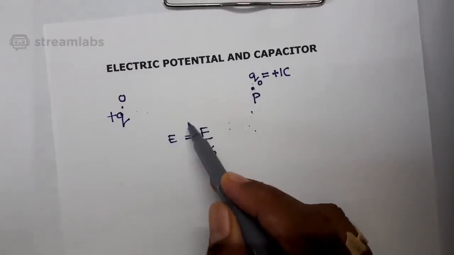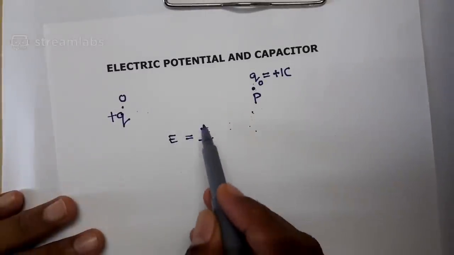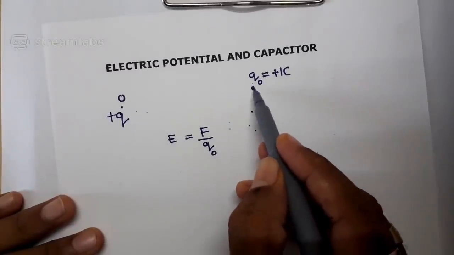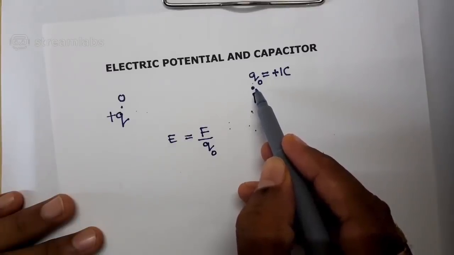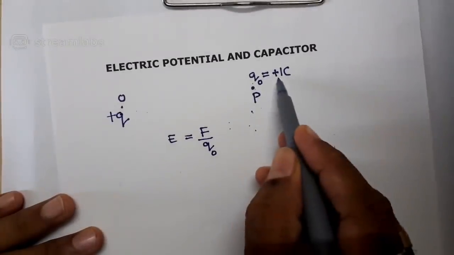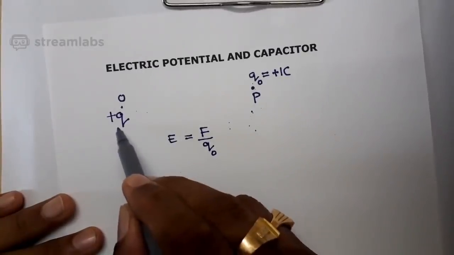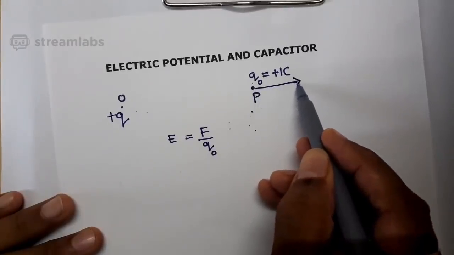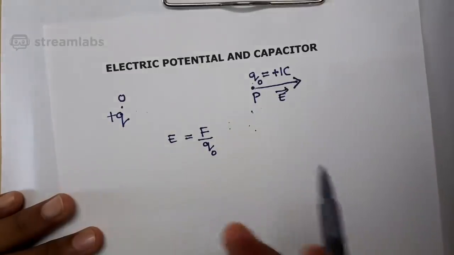It has got a direction. According to this formula, the direction of electric intensity will be the same as the direction of the electrostatic force. That means if I want to draw the direction of electric intensity at a point, I just find the direction of the force on a plus 1 coulomb charge due to a point charge. This is a plus 1 coulomb charge. This is a point charge. The plus 1 coulomb charge will be repelled by this plus q charge. So the direction of the force on a plus 1 coulomb charge will be in this direction. The direction of the force itself is the direction of electric intensity at that point. This is a well-known fact to you.